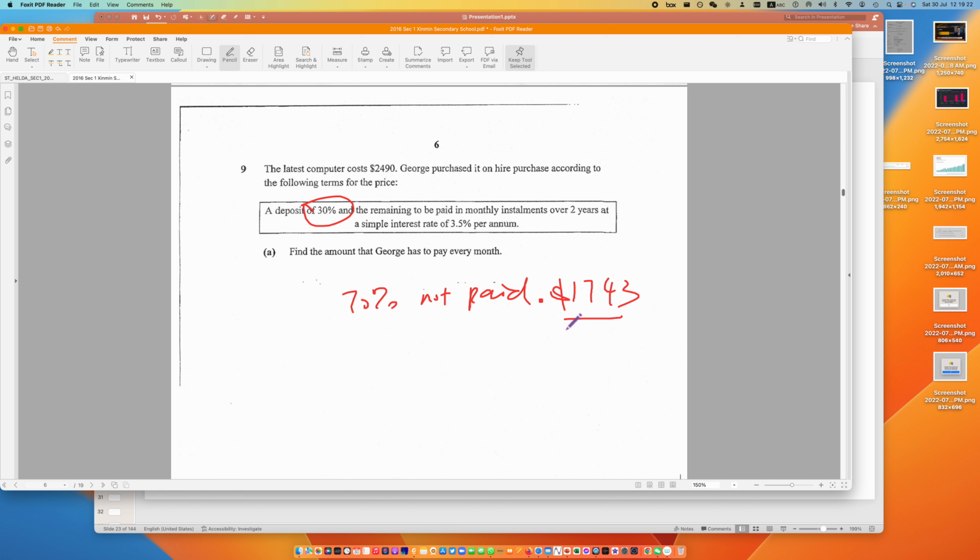You tell me after 2 years how much you need to pay first. 7% in interest. Very good. So basically you need to take the 1743. Because it's 3.5% a year, right? It will run for 2 years, right? So therefore basically you need to pay 7% extra. Right? So this is your 100%. And now you need to pay 7% extra, because of the 7% extra.